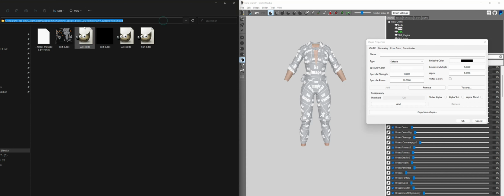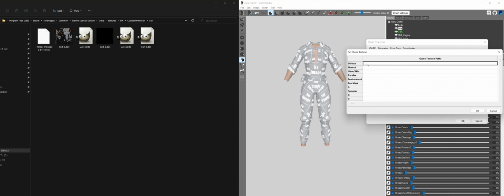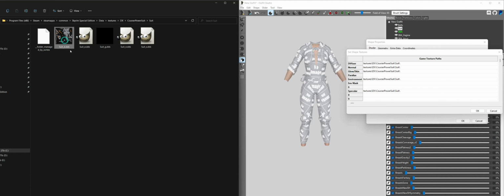I copy starting at texture, just after data. Click on the texture, paste the path you just copied, add a slash maybe. Do it for every map you need. And next we will paste the file name. So for the diffuse is the D1 underscore D, that's the one. Copy it with the extension. Paste it. The normal one will be the underscore N. There we have it. Copy it.